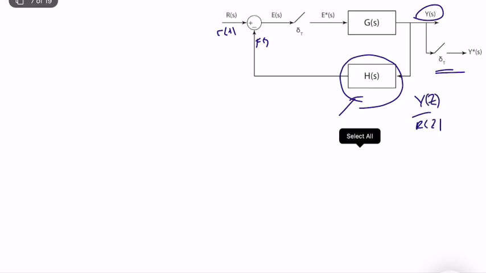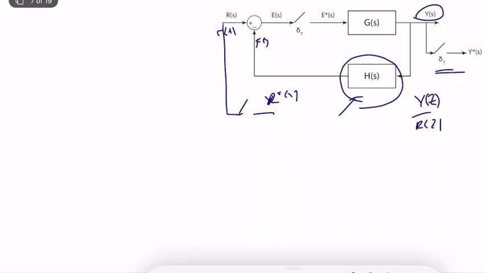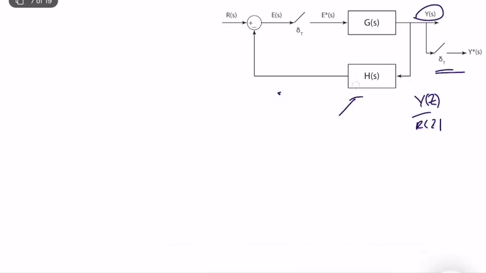The basic idea here is, as you can see, we don't directly sample R of S. So in order to compute that, at some point we should have sampling like this, R star of S. It's kind of a fictitious sample. Very good. So let's clean it and let's try to find it. Let's start from E of S. So E of S is equal to R of S minus